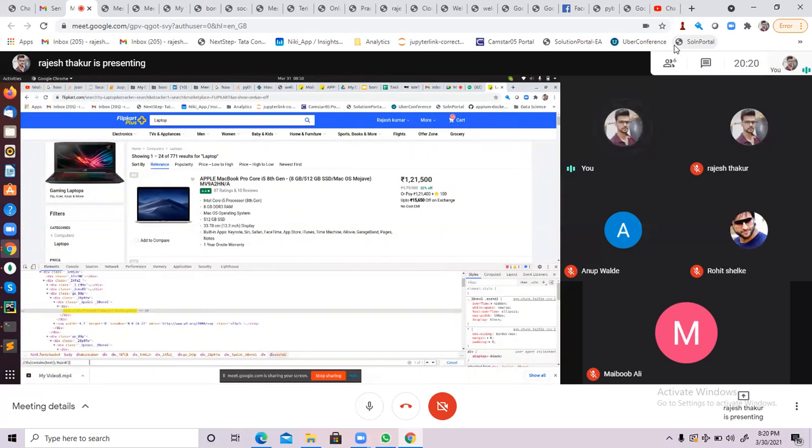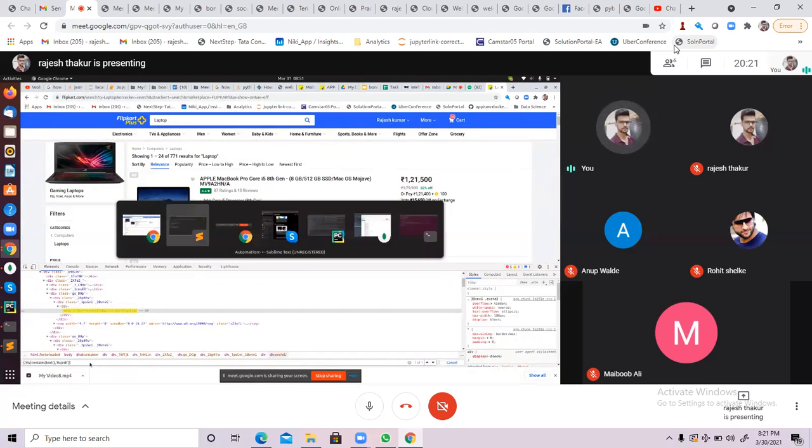Inside of relative XPath we had discussed 4 different categories with which we can identify the element. First, with the help of the attribute, second, with the help of the text, and third, with the help of the contains attribute, and with the help of the contains text function. This is up to you. Now it's fine, right? You are able to identify as many elements as you want.